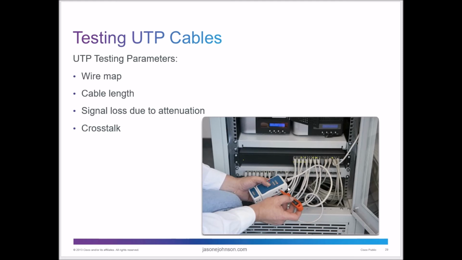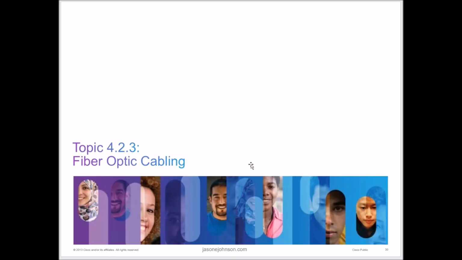Okay, and there's testers. There's videos out on the internet on how to do testers and how to work with those. You plug one into the cable here, you plug the other in, and you've got tone testers to see which wire you're connecting to is the proper one on each end. And then you also have them that do all sorts of things. You've got a very low-end level that will just tell you if you have the right cables connected on each end. You've got them that will do signal loss, that'll tell you how good of a signal you're getting through. Are you getting interference, things like that. So they range anywhere from $25, $30 for a low end up to maybe a couple $100 for a real nice one that will do attenuation and crosstalk and things like that, and it'll also help you map your wiring.